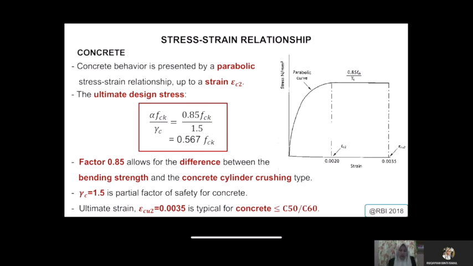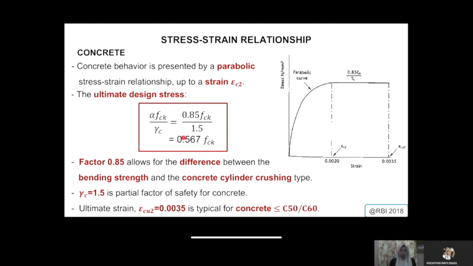So concrete behavior is represented by a parabolic stress-strain relationship, as we mentioned before, up to a strain of epsilon c2. So what is strain c2? This is 0.002. Sorry, this is c2 and then this is cu2. What's the difference between these two? This one is not ultimate, this one is ultimate. Here you have alpha multiplied by fck divided by the partial factor for concrete,